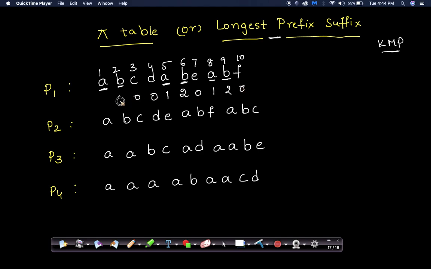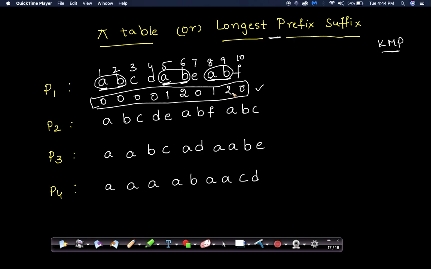For better understanding I have taken the indices starting from 1, and I have constructed a prefix table, or LPS table. LPS is nothing but the longest prefix suffix table. I hope you understand this. What is a prefix suffix table? It is when the same substring appears later on in the same string. If you carefully notice, AB is present here itself and AB appears one more time. For that reason I am going to maintain one table. We call it either a pi table or a longest prefix suffix table.